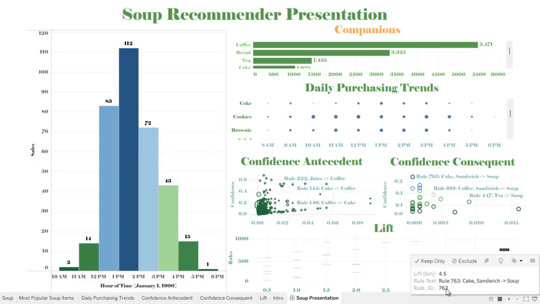For instance, we could see here with a lift value of 4.5 correlating to Rule 763 of our prized cake and sandwich combo mentioned earlier, that as the lift increases, the likelihood of soup purchases also increases. If we positioned these product combinations in close proximity with each other, or marketed combination sale initiatives such as soup and salad or soup and sandwich discounted deals, we effectively support soup buying power through the nexus of purchasing trends